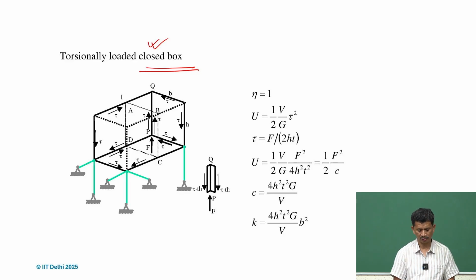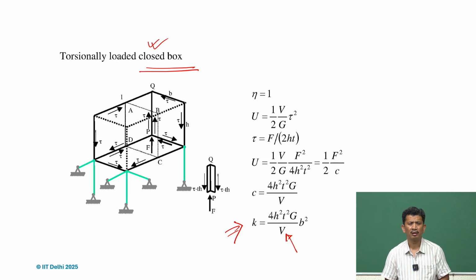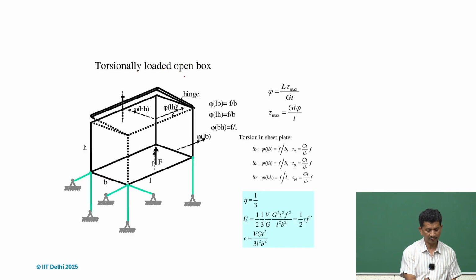So the shear flow, everything, and if we try to see the torsional stiffness, what we realize is that the enclosed volume comes into the picture, and it means the stiffness can be very high. But the moment it is an open box, it's only the